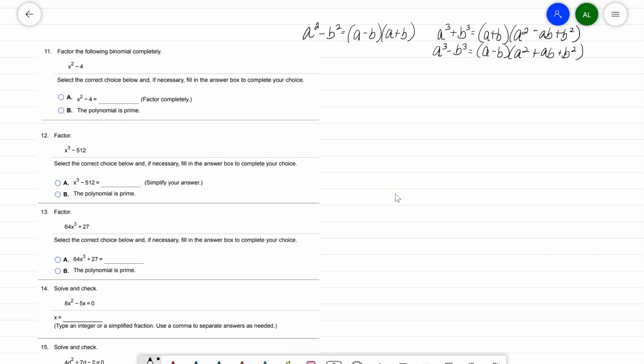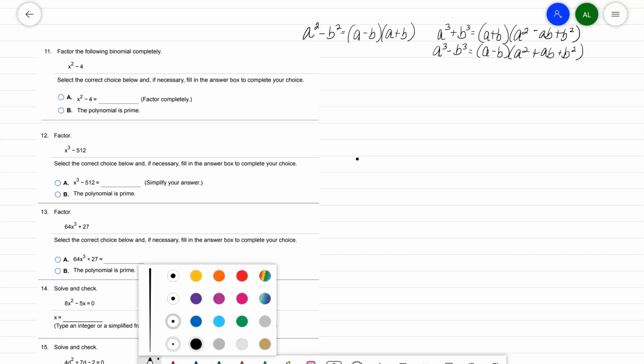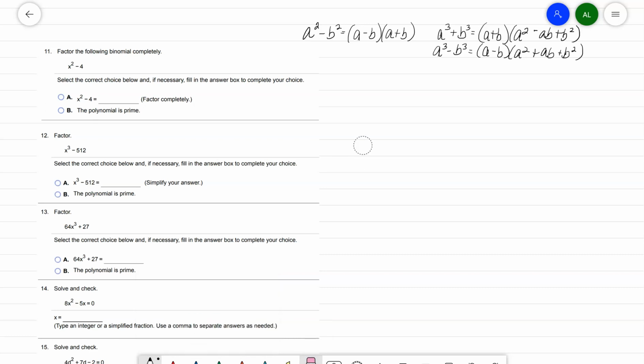So the next few questions involve factoring binomials 11, 12, and 13. When you see a binomial on our review, you want to first determine what type of binomial it is and which formula will I apply to factor. So starting with number 11,